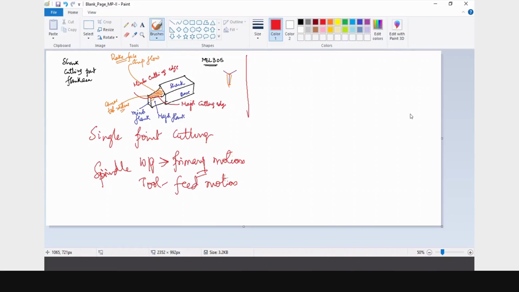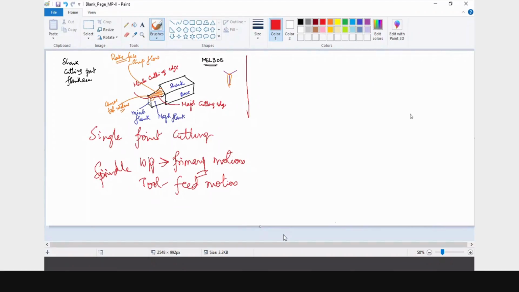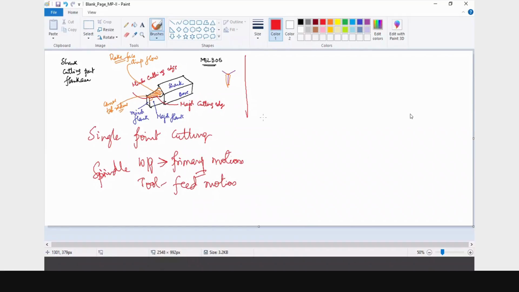Okay. Now let us talk about the same single point cutting tool on a lathe machine. Let us see how it looks. You will have one view. If I look at it like this, the tool looks something like this. You will have the radius.